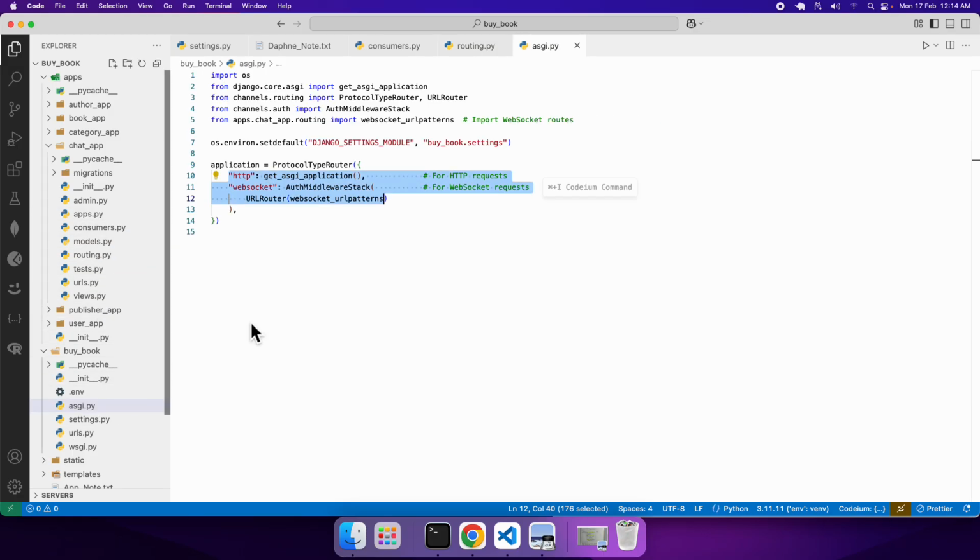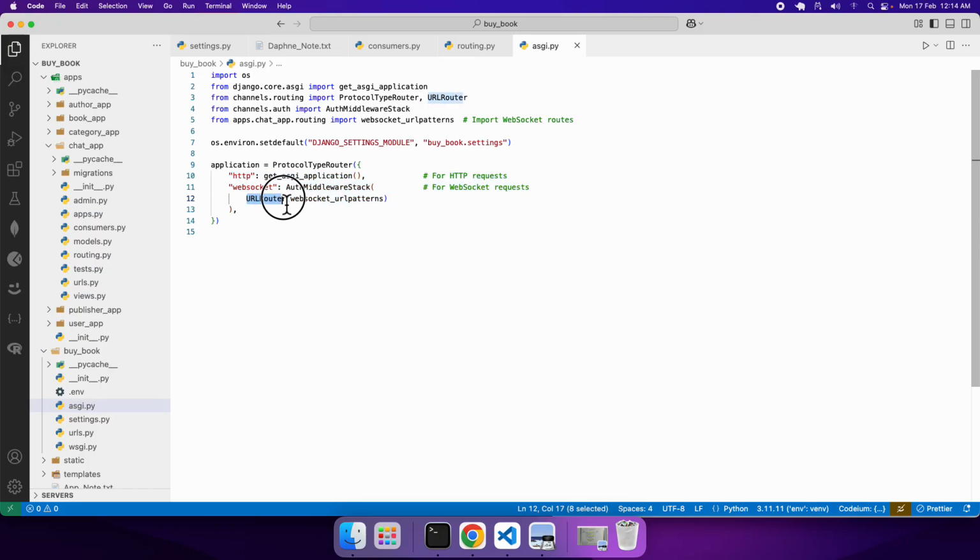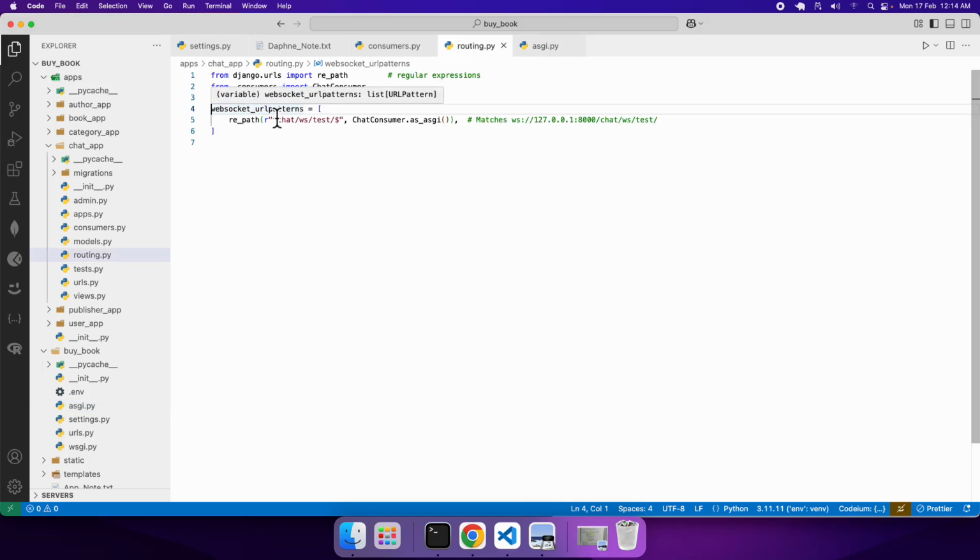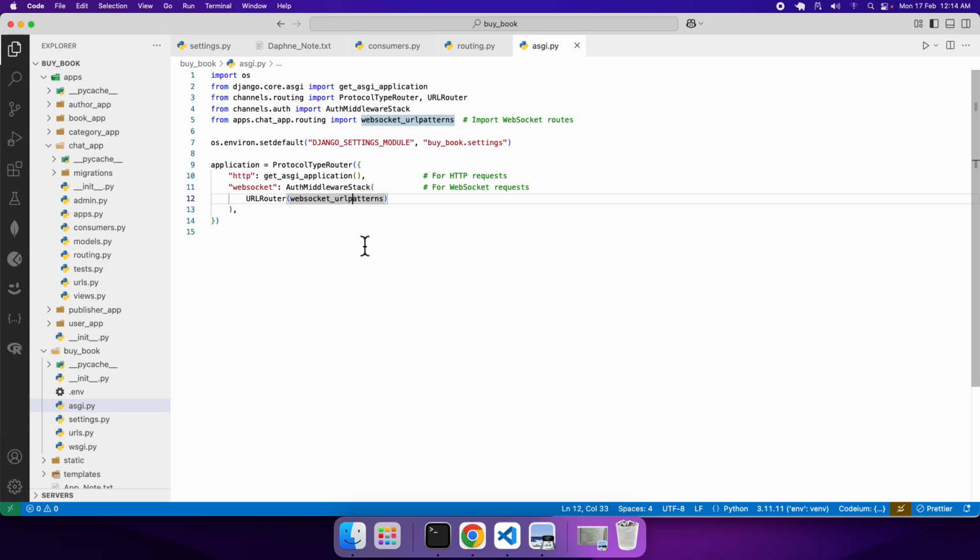So let me open ASGI once again. Inside your ASGI file, here you are writing your route, here you are giving a call to that particular variable. If I click on this, look, it brings me to this particular variable. So your ASGI must be aware about your path, because I said when you are working on Django channels, there